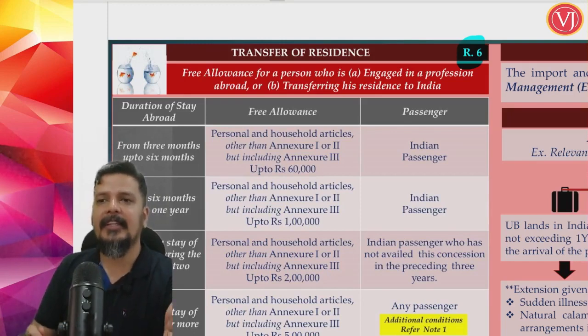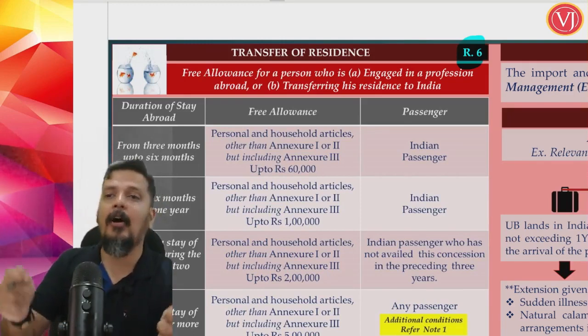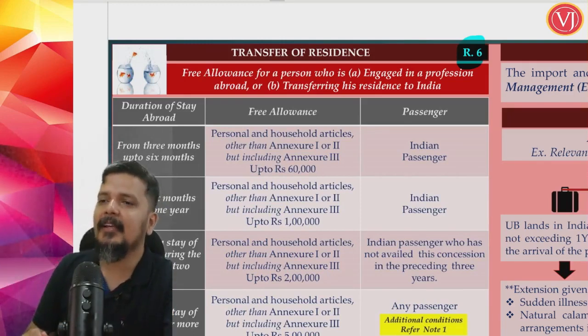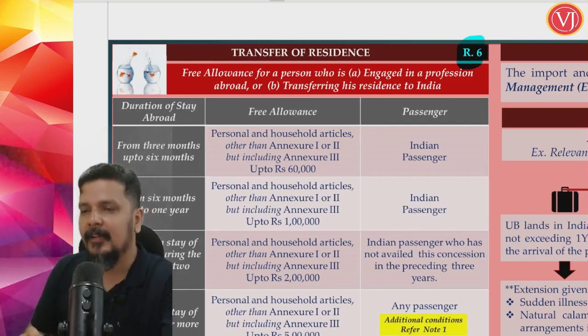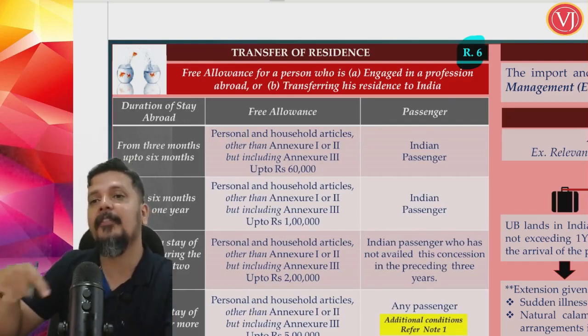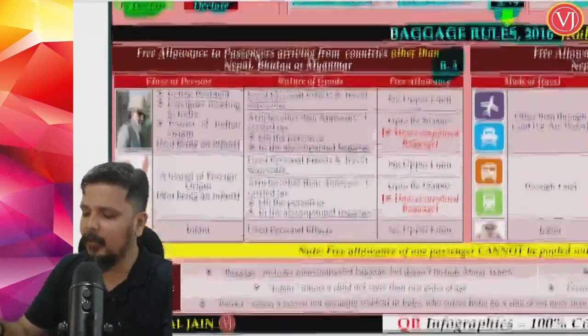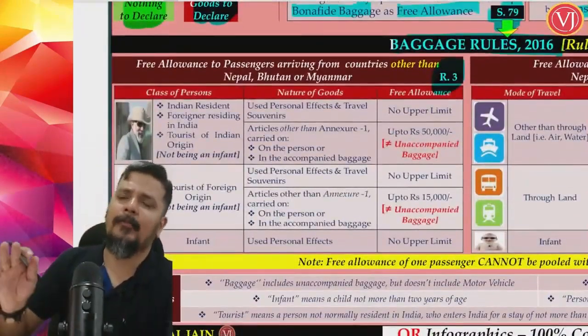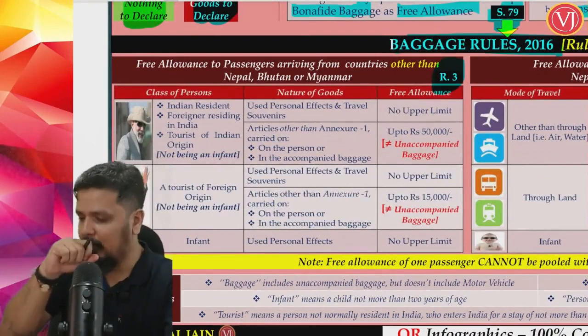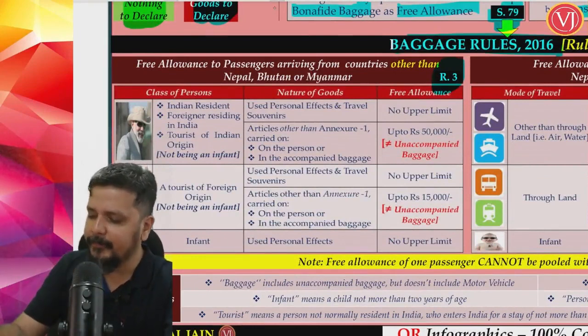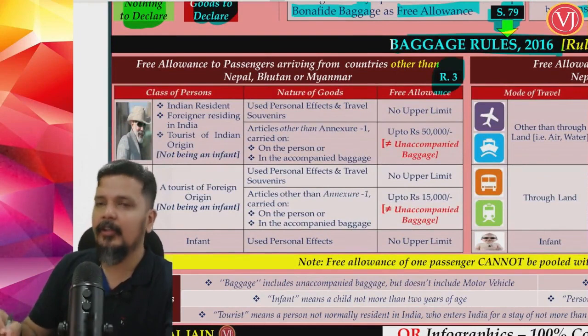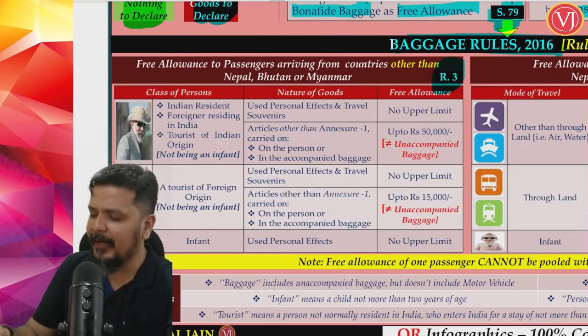The main rules are 3 or 4. Rule 5 applies when jewelry is involved. Rule 6 applies when you are shifting your residence from outside India to India. Now, why am I saying 3 or 4? Rule 3 is applicable when you are coming from a country other than